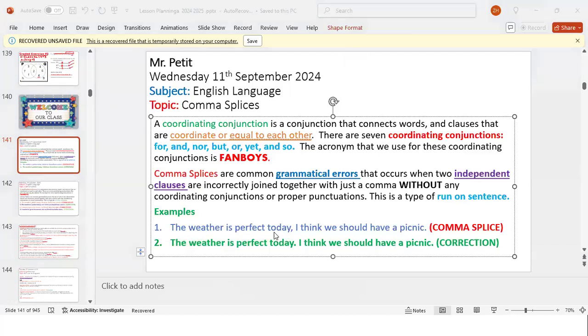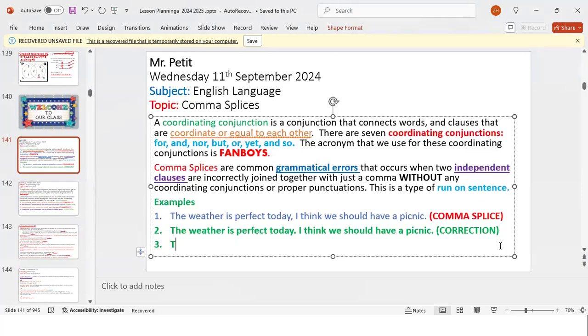So the first one is a run-on sentence because we connected two independent clauses with a comma. One way we could correct it is by separating the two sentences with a period. There's another way we could do it, and that's where your coordinating conjunctions come in.